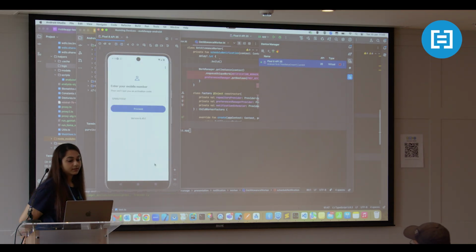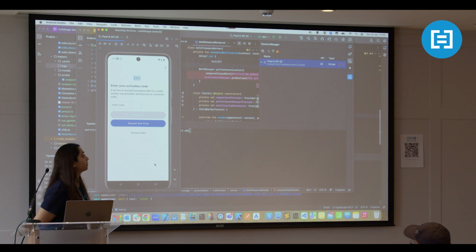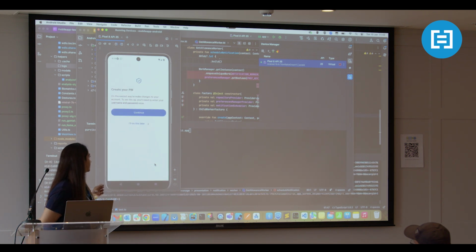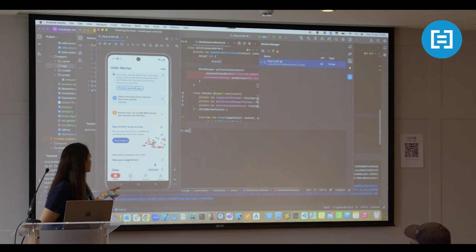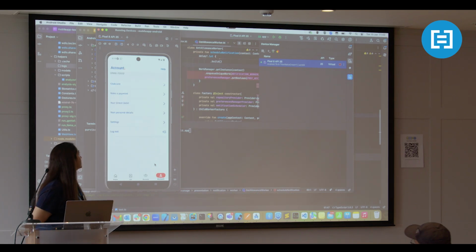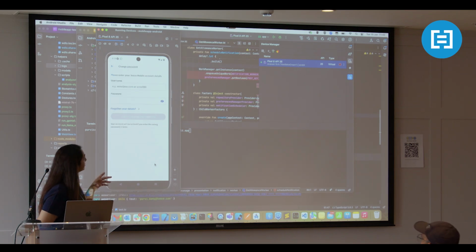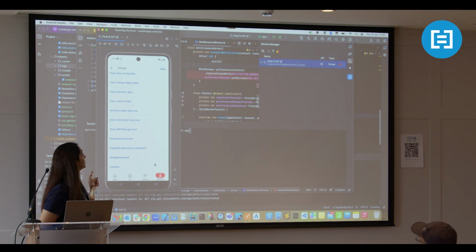It is logging in with the same number that I had logged in just now. Doing the same thing, it will skip this, go to the account, settings, scroll down to change password, enter the same username and the correct password.